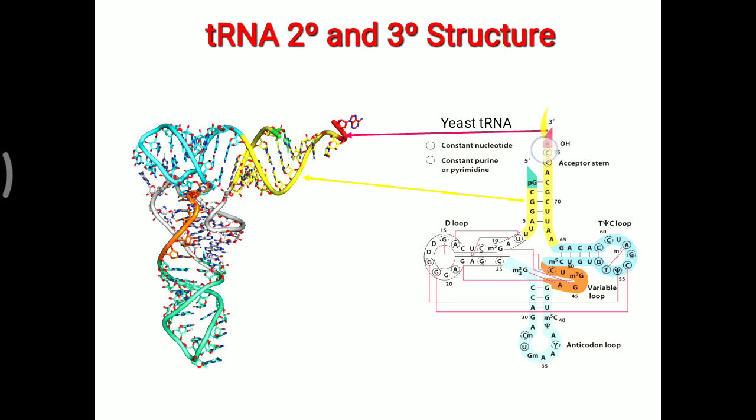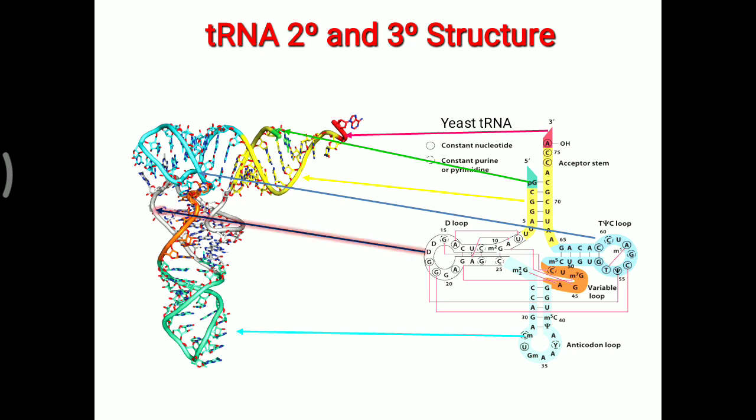So this 3' end shows a particular sequence, that is CCA, which is very helpful for the attachment of the amino acid. Now next, nearby the 3' end, there is the 5' end. So it is also a particular sequence, but both are side by side in the structure of tRNA. Next to that there is an anticodon. So the acceptor arm, opposite to that there is the anticodon arm. It is very specific for the attachment to the mRNA. One more, that is the TΨC arm or the pseudouridine arm. So that is shown in this secondary and tertiary structure.